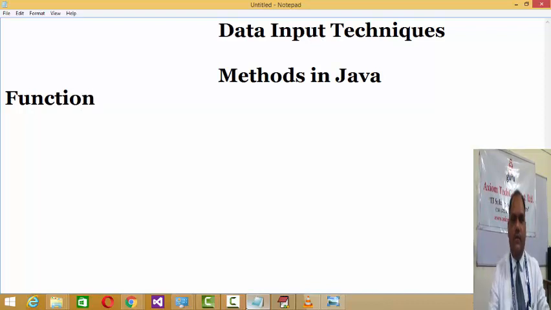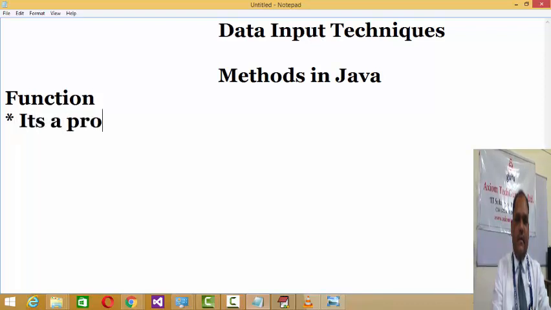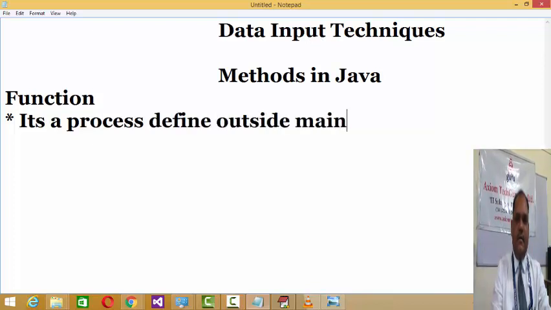In case of C and C++, or rather in C, we discussed what a function is. It's a process defined outside the main process, which means it's a sub process.